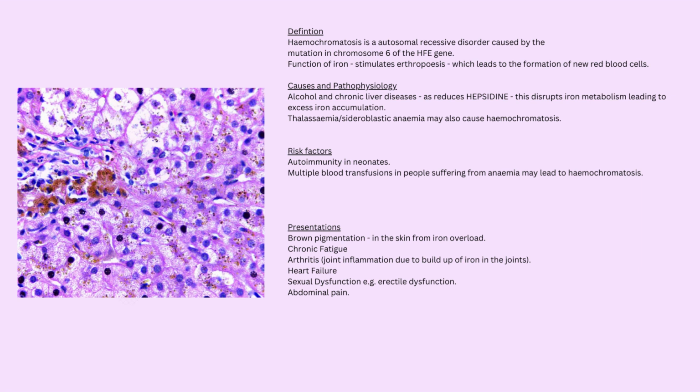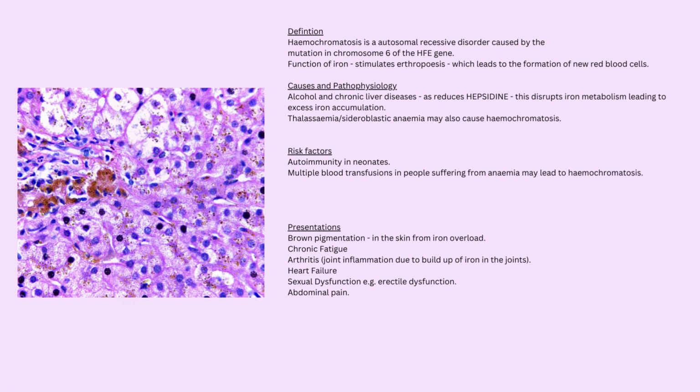Some of the causes of hemochromatosis can be thalassemia and sideroblastic anemia, as well as alcohol and chronic liver diseases such as non-alcoholic fatty liver, as these reduce the level of hepcidin in the blood. Now, hepcidin is important in regulating serum iron in the body. So when there is reduced hepcidin, it disrupts the iron metabolism, leading to an excess accumulation of iron in the